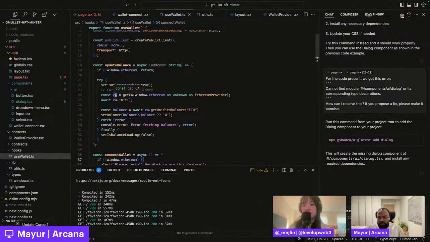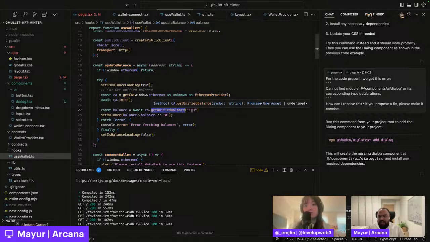So all we need to do is initialize this CA using the getCA instance. And once we've initialized it, we make this simple call to this SDK method, which says getUnifiedBalance. I specify what asset I want. I can specify an array of assets or all the assets that we support.